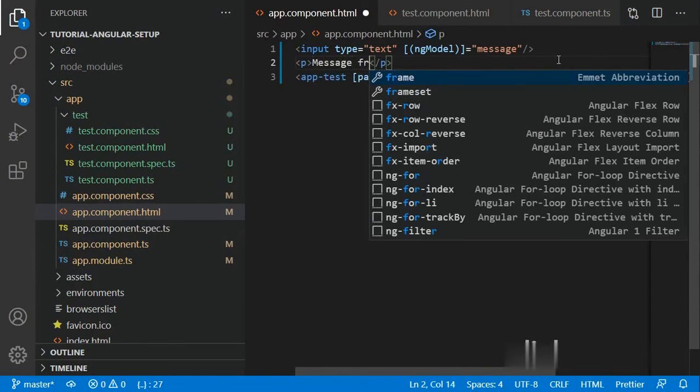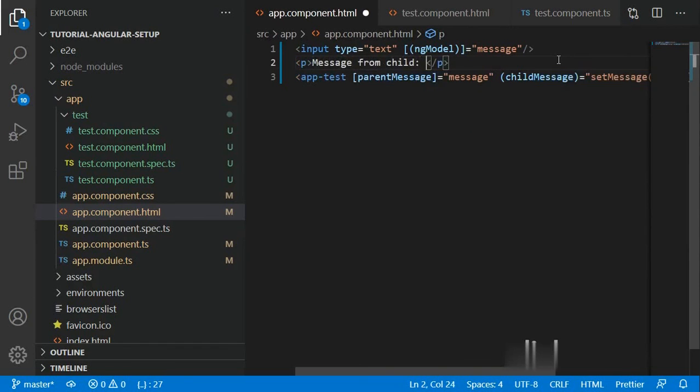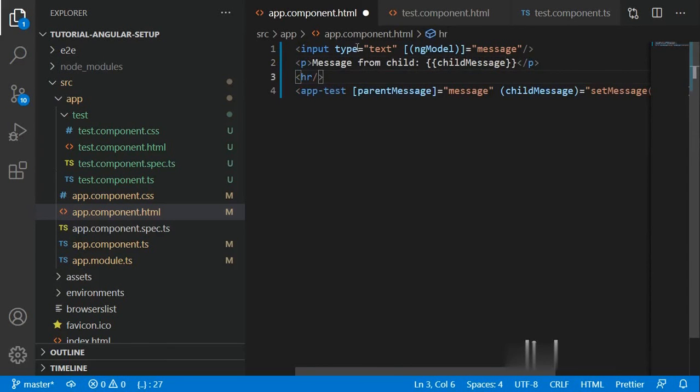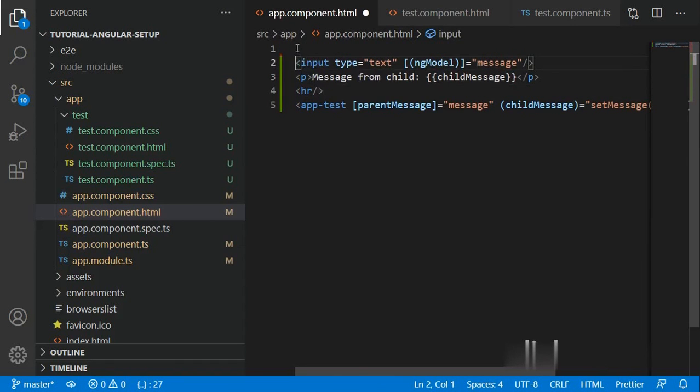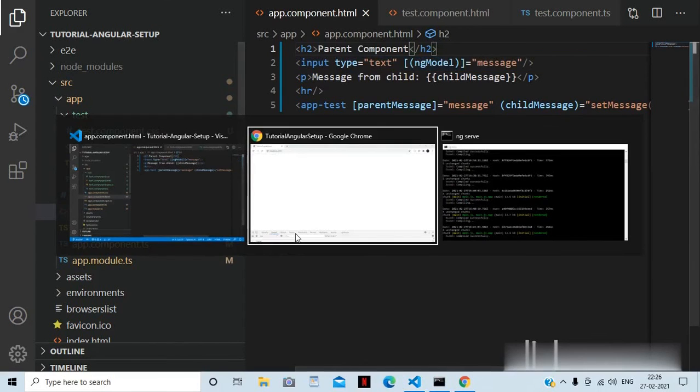Message from child, message. And I'll just write the heading. This is a parent component. Save it and go to your browser.